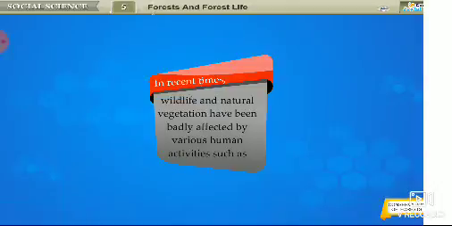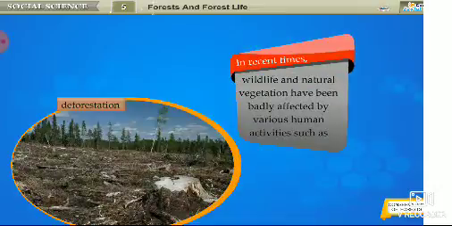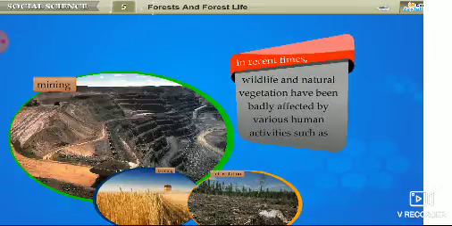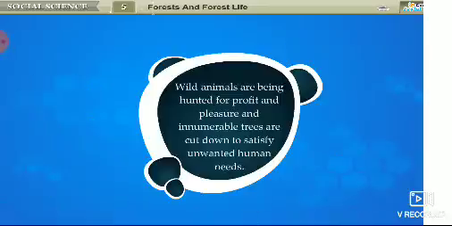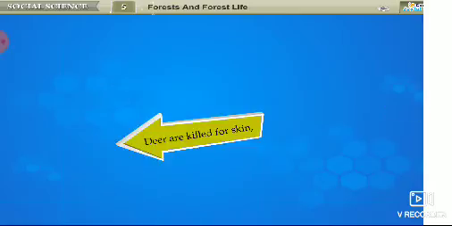In recent times, wildlife and natural vegetation have been badly affected by various human activities such as deforestation, farming and mining. Wild animals are being hunted for profit and pleasure, and innumerable trees are cut down to satisfy human needs.